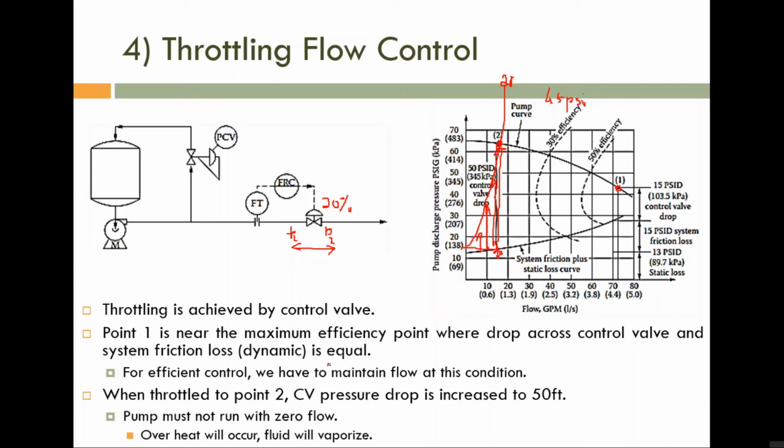If you are using a control valve and it is almost closed, if it is highly throttled, then what will happen? I told you this, say assume that this one is open to atmosphere. If it is open to atmosphere, this pressure is 0 or very close to 0 psig. What about this pressure? If this drop is very large, this pressure is very large. This one is the discharge pressure. Now you can see that P1 is very close to PD. P1 is almost equal to PD.